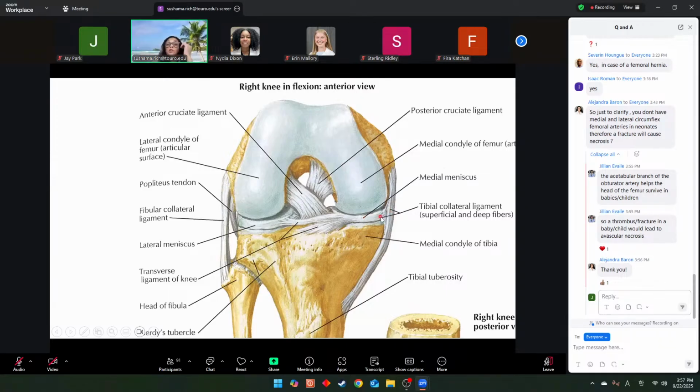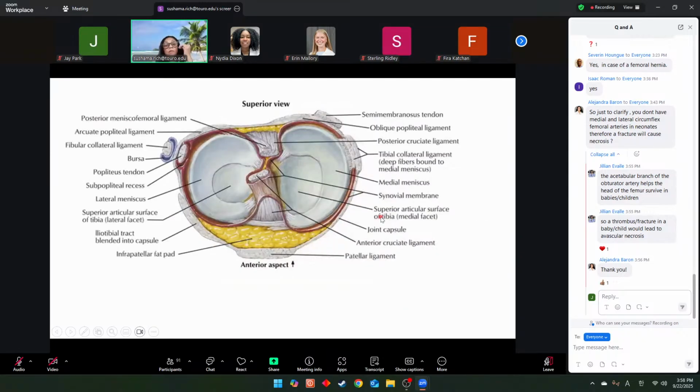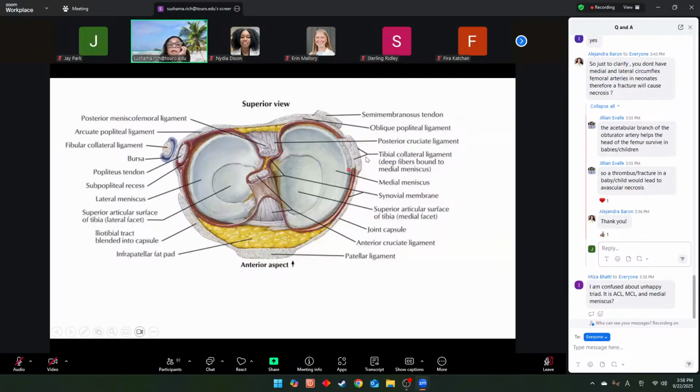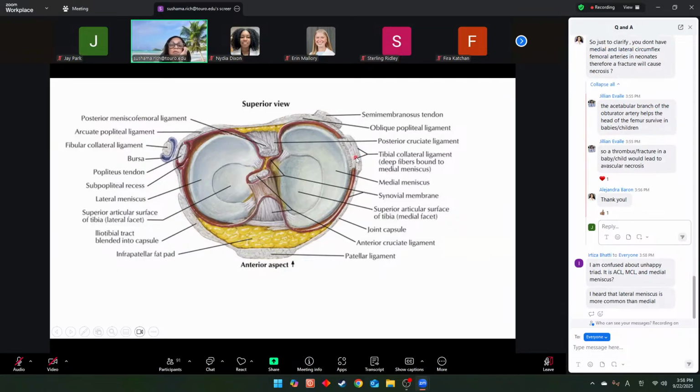Okay? So that is really what happens in an unhappy triad. The other thing also to know, these two ligaments are extracapsular, lateral collateral and tibial collateral. Look, this is the capsule. They're outside the capsule. Okay? Except for a portion of it that is attaching to the medial meniscus, but that's an attachment to the medial